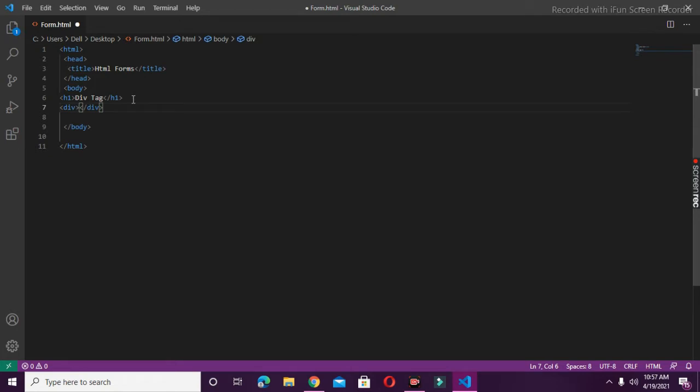Basically, div tags are used for making different types of pages. Let's say, for example,